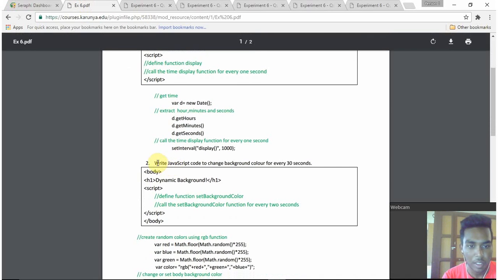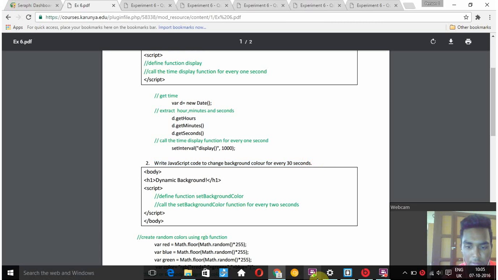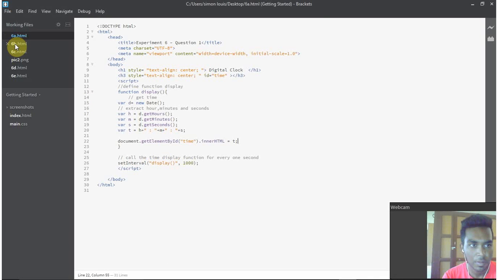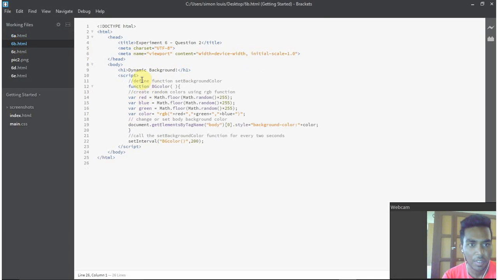And the second question is write JavaScript code to change background color every 30 seconds. So here we use the head tag, we have given the title as experiment 6, we close the head tag here and we open the body tag, we use the h1 tag to give the font dynamic background to be displayed quite big,